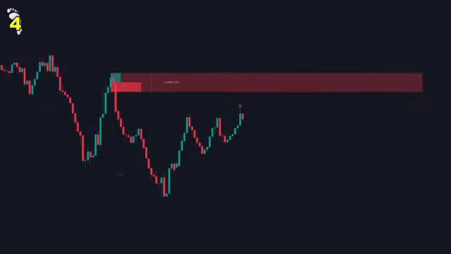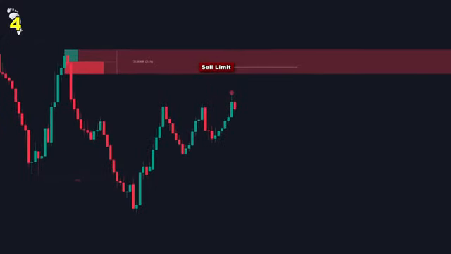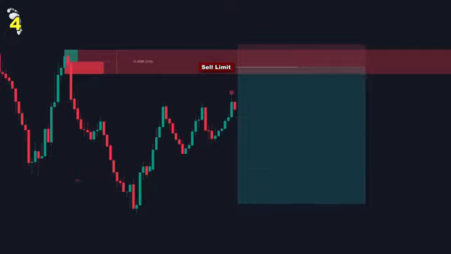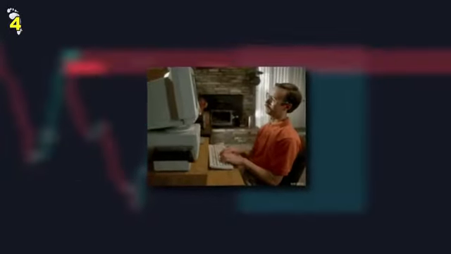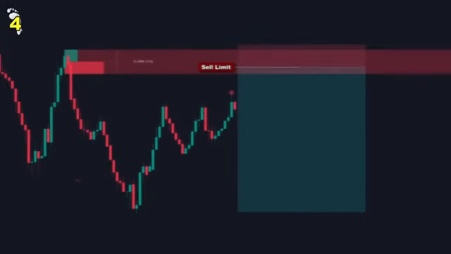For a bearish setup, we place a limit sell order within our bearish order block. Our stop loss goes slightly above the order block, and our take profit targets the previous swing lows or twice our risk distance. The beauty of using limit orders is that we don't need to sit in front of our screens all day. We simply set our orders and let the market come to us. If our analysis is correct, price will sweep the liquidity level, triggering stops, then into our order block where our limit order will be filled.